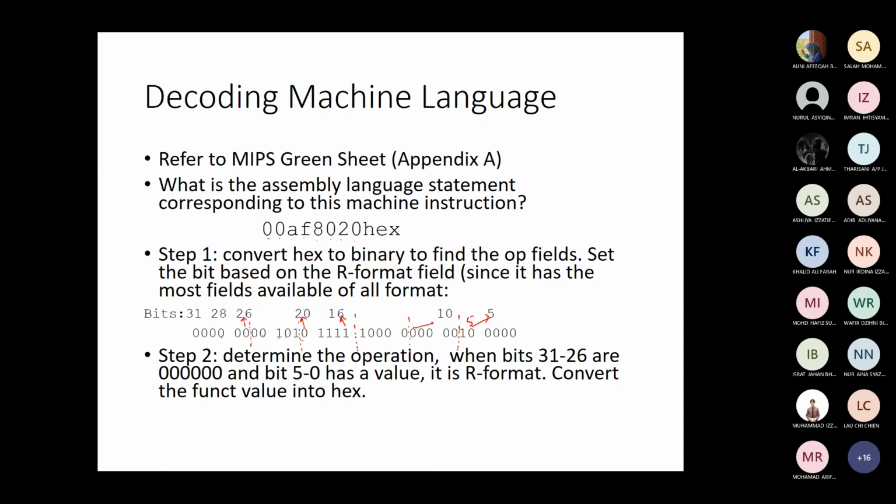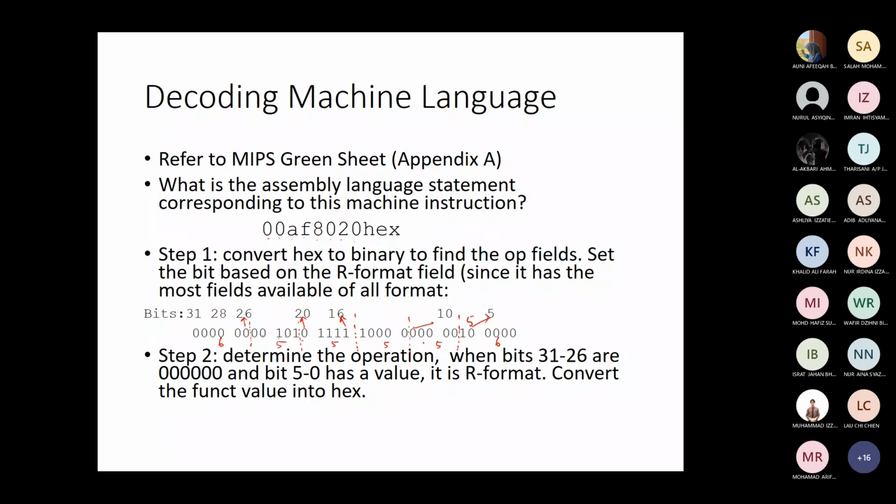Now we have a 6 bit, 5 bit, 5 bit, 5 bit, 5 bit, and 6 bit. Okay, so determine the operation. Look back on the opcode. If we have all 0 on the opcode here, then you would know. If bits 31 until 26 contain all 0, then